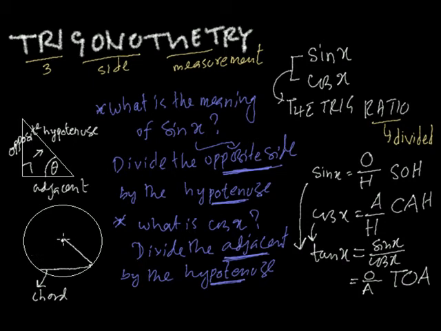Now from the center, if a perpendicular is drawn, then this chord would be bisected into two. So by definition, sine, suppose this is the angle x and this is the radius r,